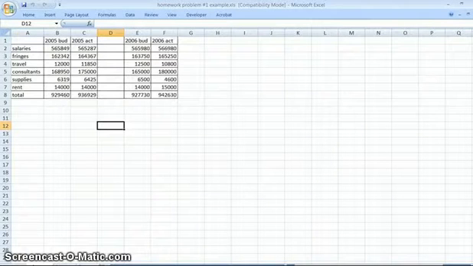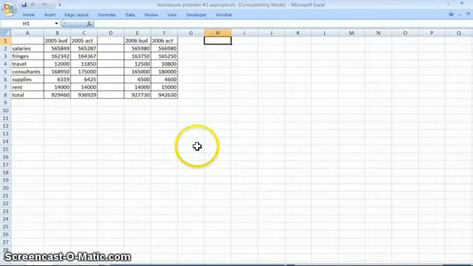Okay, this is the first of three sample problems that are supposed to help you with your homework. So in this one, I've put up some example numbers: 2005 budget, 2005 actual, 2006 budget, 2006 actual, and several line items. And so the first exercise you have to do is the variance, and we're going to do the